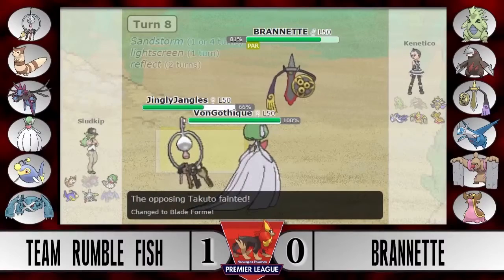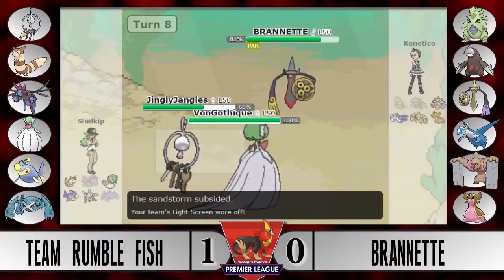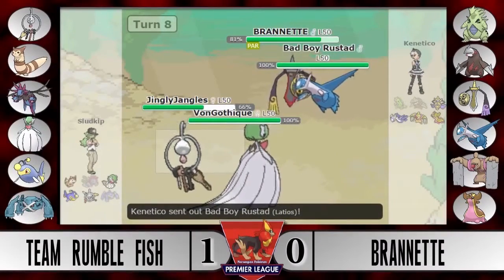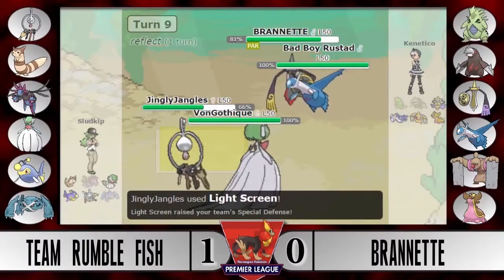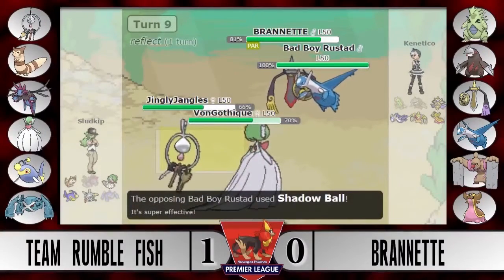As we see the Aegislash going to Blade Form, and it's gonna get paralyzed once again. This is not good for Brannette right there. So now they're both down to 2 Pokemon, no switches left. We see another Light Screen come up. That's obviously good, because